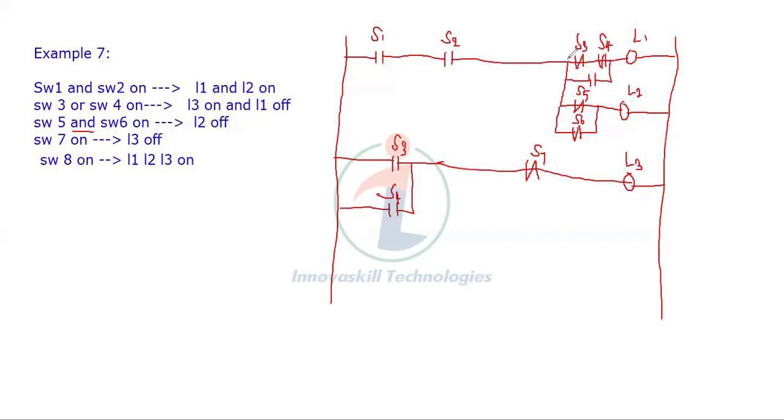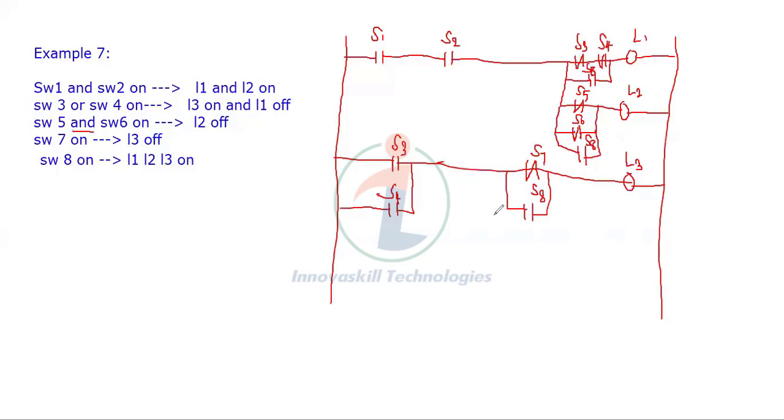So till this the supply is coming. I'm connecting like this. Here I'm connecting S8. So what will happen? If S8 is activated, supply will pass through this and L1 will be on. Same way here also, S8 I'm connecting like this. If S8 is activated, supply will pass through this and it will be activated. Same way here also I'm connecting S8. If S8 is activated, supply will pass through this and L3 will be activated.